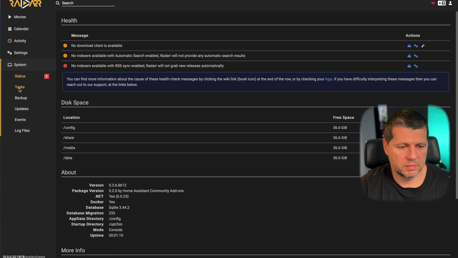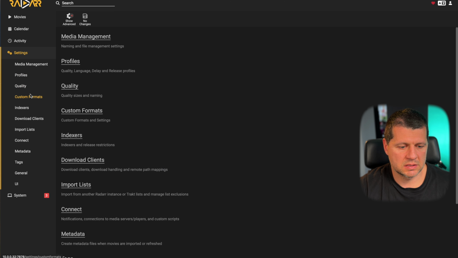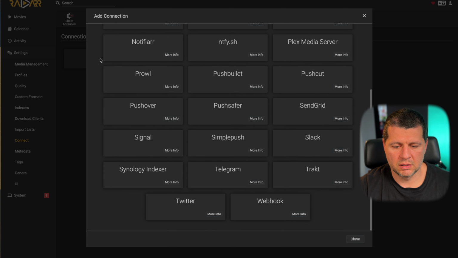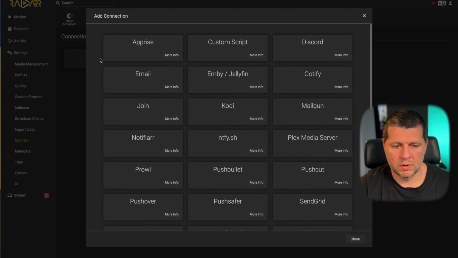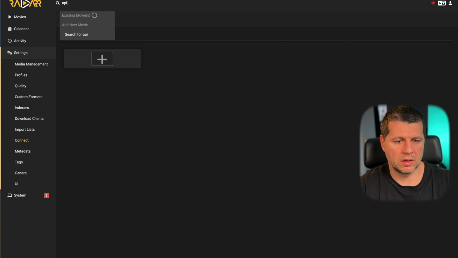Events, updates, backup tasks, settings, media management, import, connect, connections, add connection, webhook. Where is your API? I'll try the search, API,